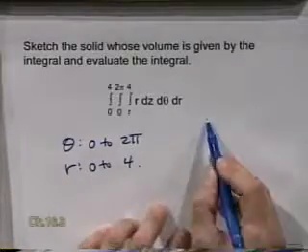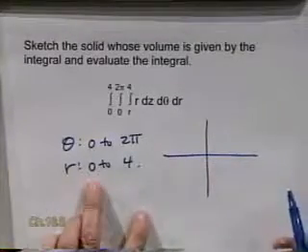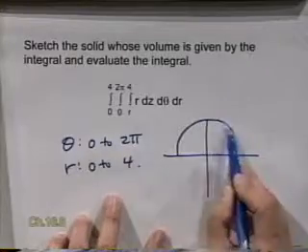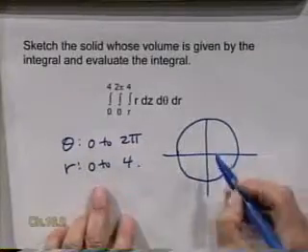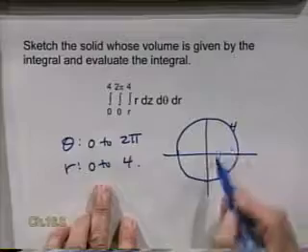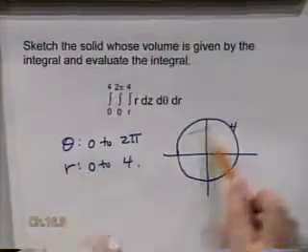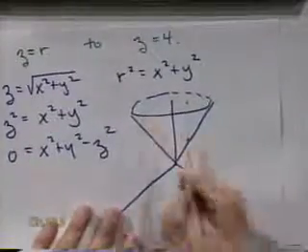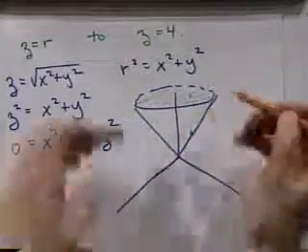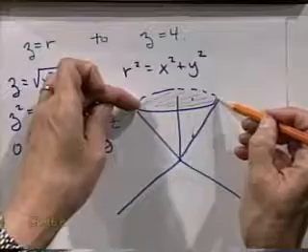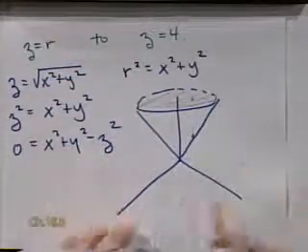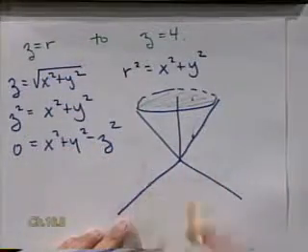Well, I think I can draw that in the xy plane. What do you think that looks like it's going to be? Circle. Oh, definitely, it's a circle. Theta is going from 0 to 2 pi, and then r is going from 0 to 4, and then you're getting all the way around, and you're getting the whole darn circle. And in fact, you can see here, this is your base. If you take the image of that, the shadow of that onto the xy plane, you're getting this lovely circle